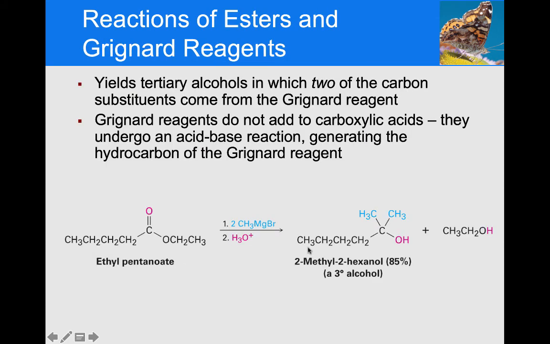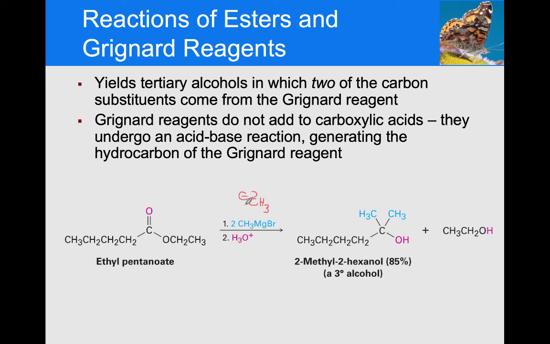Now, one of the things to also keep in mind is that Grignard reagents are also reactive enough to react with esters. They're not reactive enough to react with carboxylic acids, but they will react with esters. And in terms of esters, this Grignard reagent will add twice. So what happens here is very analogous to the hydride. So when I see this methyl magnesium bromide, I want to think about this as being CH3